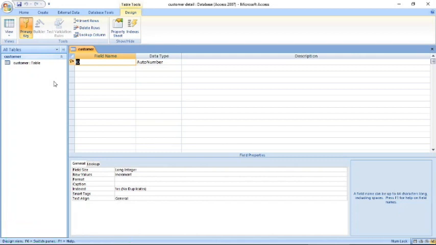The field name is the details that we get from the customer. So whatever details I am going to get from the customer is called a field name. So I would like to get the customer ID, otherwise I will be generating the customer ID. And here in the data type I mention auto number because I am going to generate that, so there will not be any duplicate customer ID.